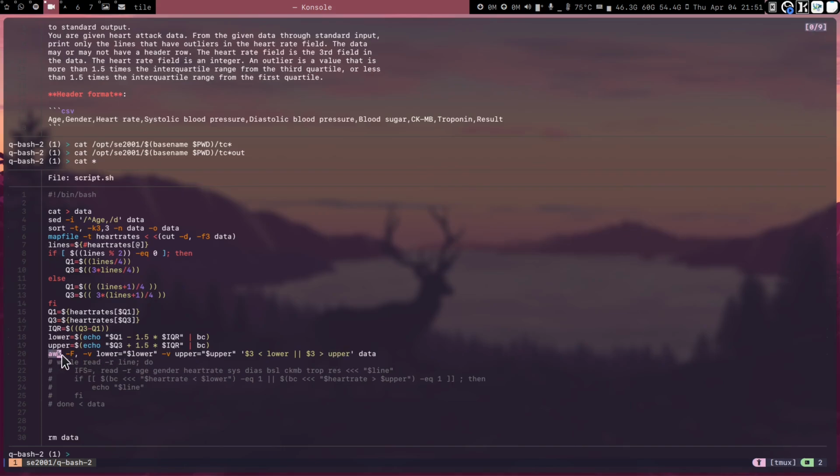So we can do that with awk by setting the field separator to be comma and passing the two variables, which is lower and the upper, into the awk, and we run it on the data, so we get the output. Instead of using the awk, we can also use a while loop to read each line from the data,